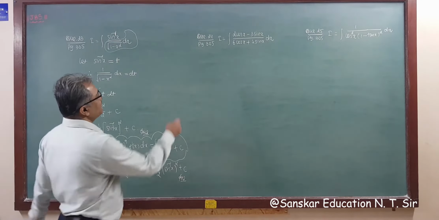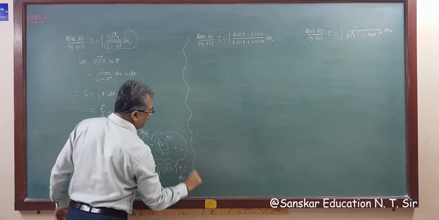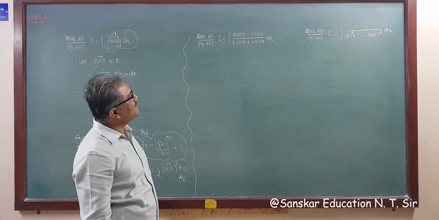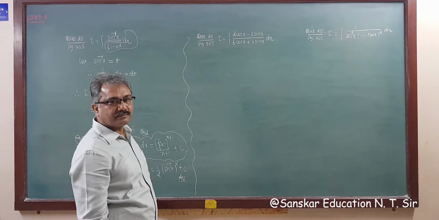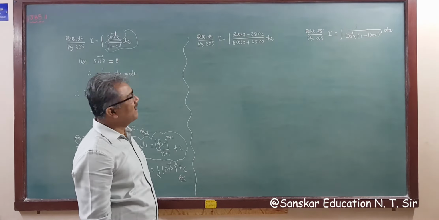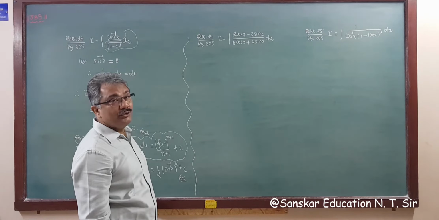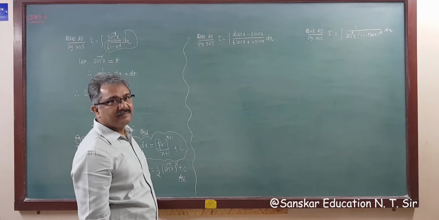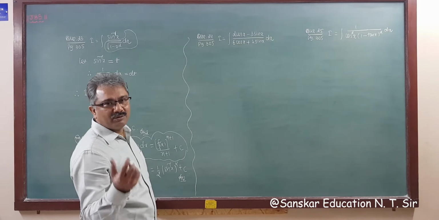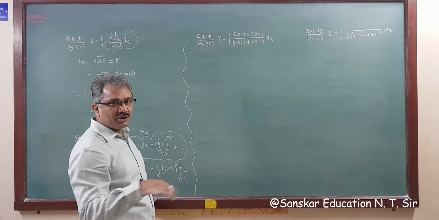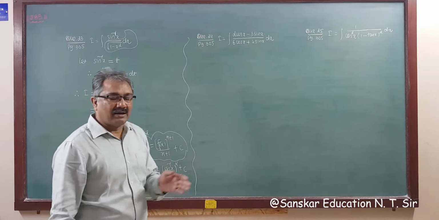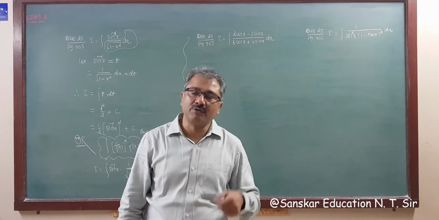Then the second question, question number 24. I is equal to the integration of 2 cos x minus 3 sin x upon 6 cos x plus 4 sin x. It is not given in a standard form, and here is a u upon v form, and we can't integrate this function directly. So what to do? Remember my dialogue only. If no standard formula is applicable, then what to do?